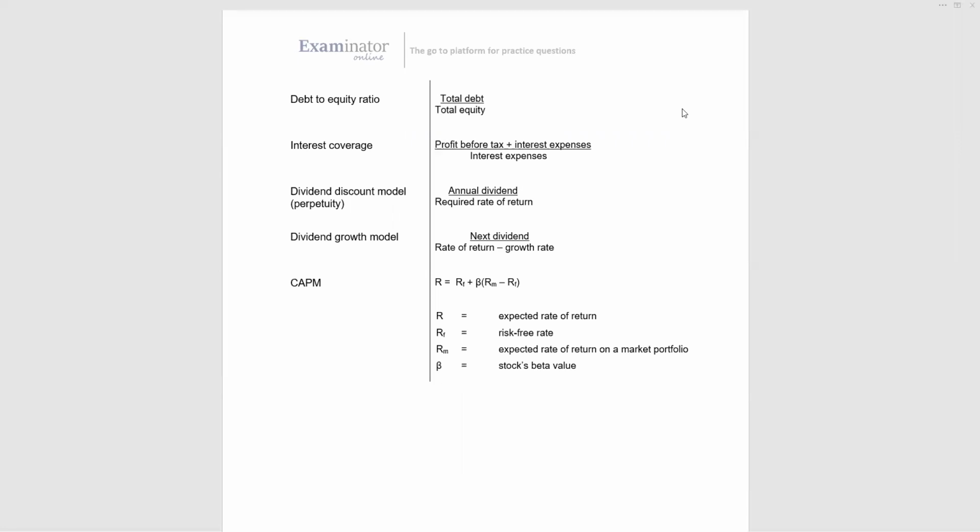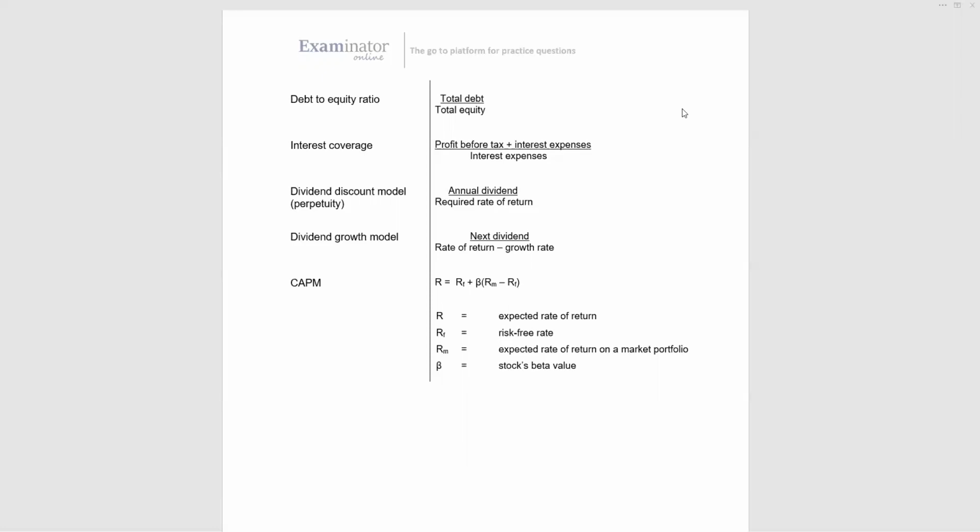model. And the capital asset pricing model gives you an expected rate of return of a security, and we calculate that by taking the risk-free plus a risk premium, and we calculate the risk premium by taking the beta multiplied by the market premium, that is the return of the market minus the risk-free rate. Known as the capital asset pricing model, almost always a question at Paper 8 on that. Questions are fairly straightforward, but you just have to know that formula